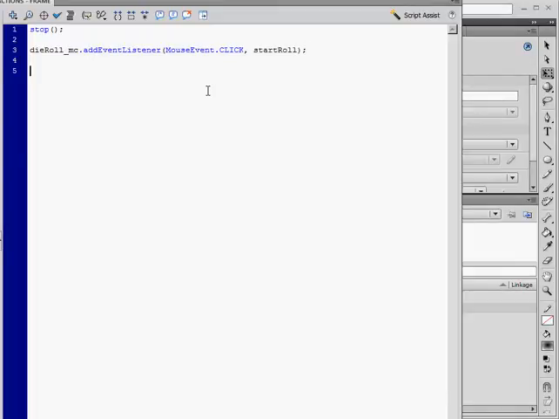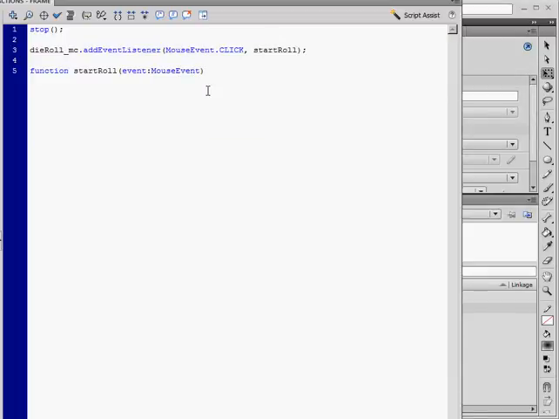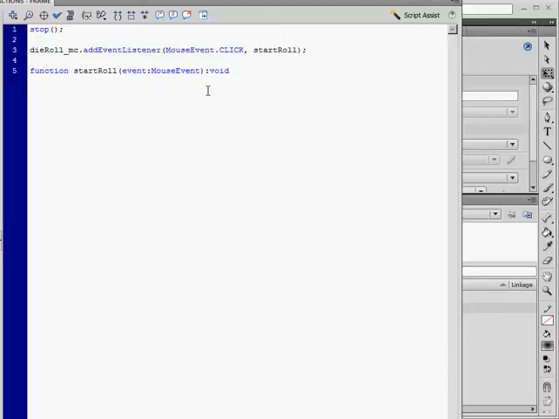Okay, and since we don't have a function start roll yet, let's create that function start roll. And this is a mouse event, and it's returning nothing, so we get void here. And inside that function, we open a bracket,